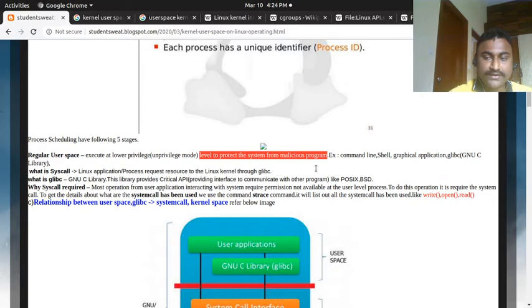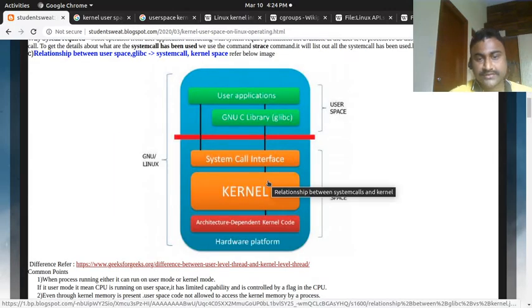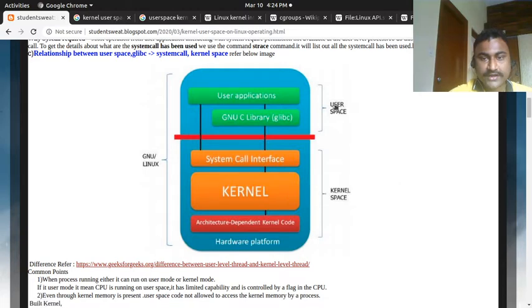And please consider this image. I am going to explain a very important topic, how Linux works. This is the user space and this is the kernel space. In the user space we have user applications, shown in green color, and here is the kernel, in orange color. So how will both interact? Both interact through the system calls interface from the kernel space, and from the user space through glibc.